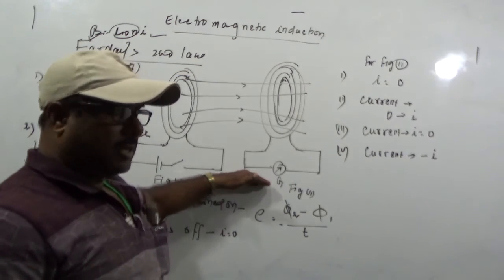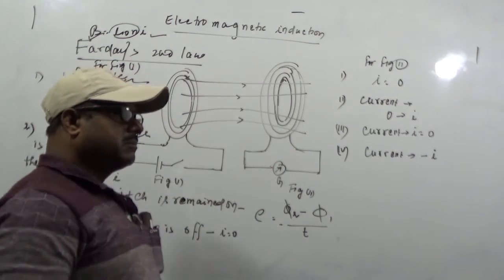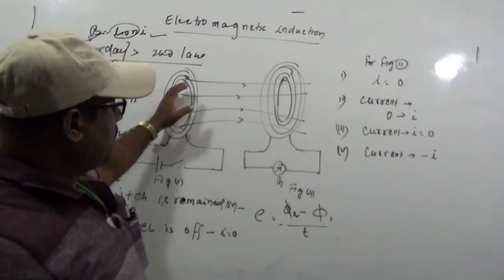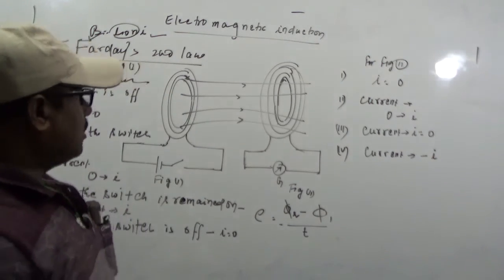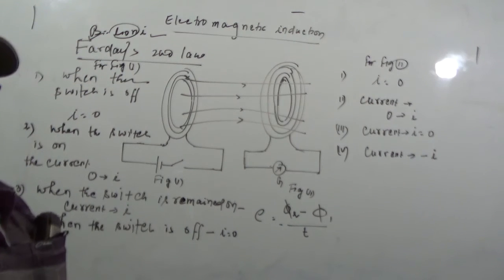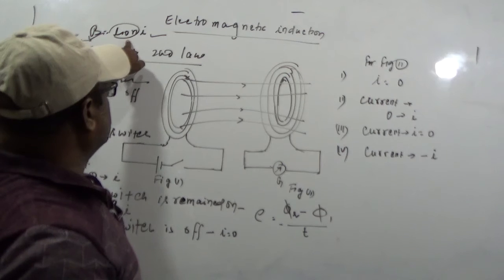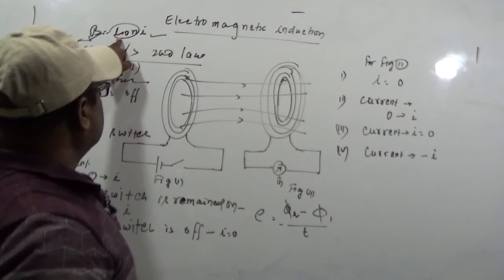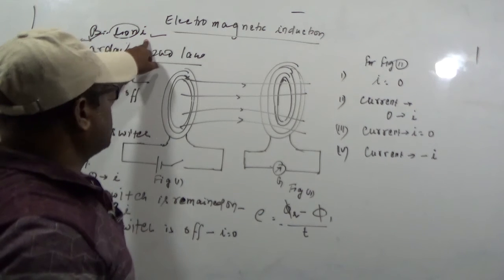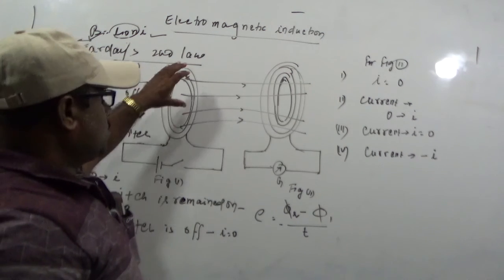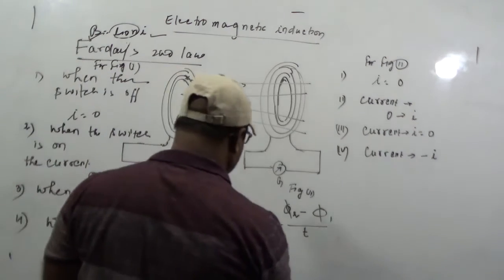current because यहाँ पर कोई मैग्नेटिक फ्लक्स नहीं था. अगर रहा भी होगा तो phi 1. But when the current is allowed to pass through it, you know that when the current passes through a conductor, a magnetic field develops around it. You can see this by the formula B is equal to mu naught n I. अगर ये सब पढ़ा चुके हैं, what is B, what is mu naught, what is n, what is I. So this magnetic field produces and causes EMF.